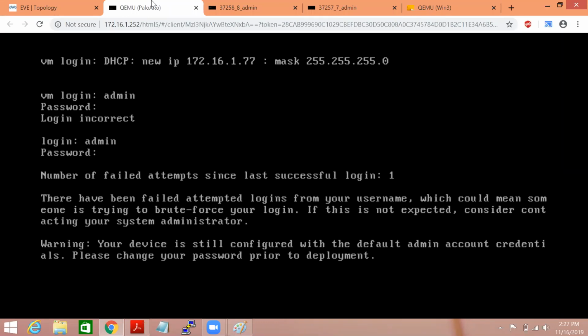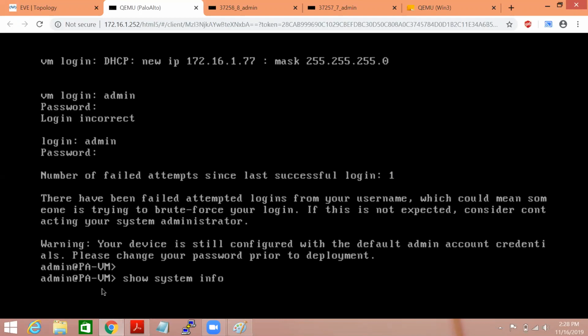So guys, when you try to access your Palo Alto device, it takes around 2 minutes to start, meaning services get properly started after 2 minutes. So you just have to wait around 2 or 3 minutes when you start your device for the first time. You can check the CLI mode shows a greater-than sign, which is basically your operational mode.